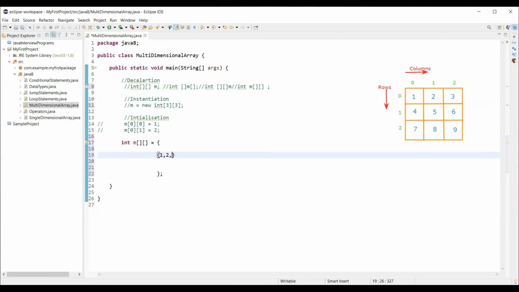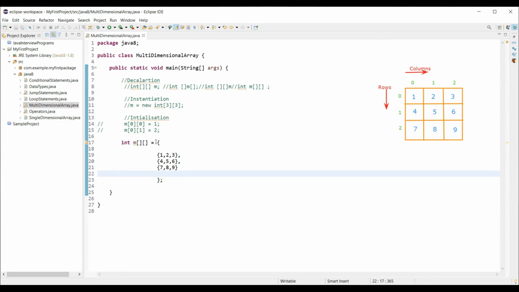That is, 1, 2, 3 is one array in it, the second array has 4, 5, 6, and the third array has values 7, 8, and 9. This is how we declare, instantiate, and initialize the values of a two-dimensional array.